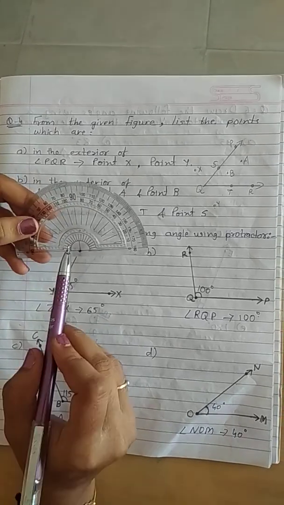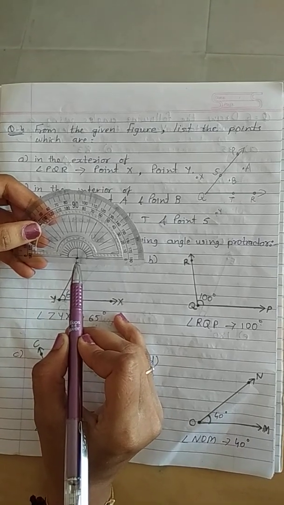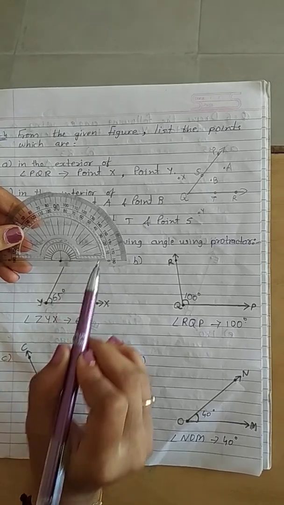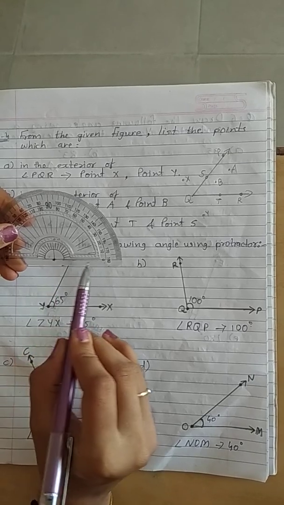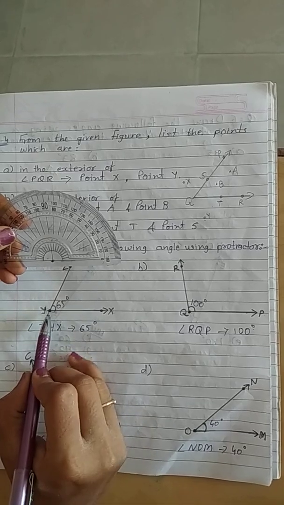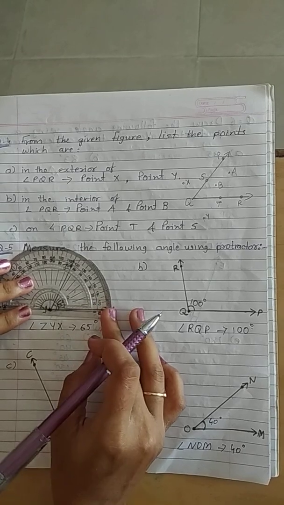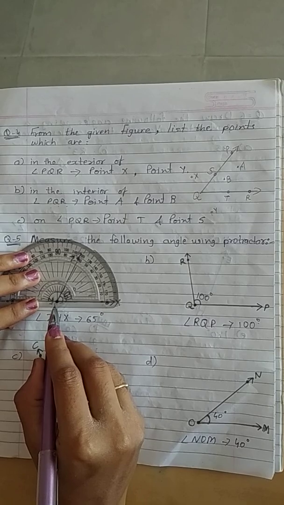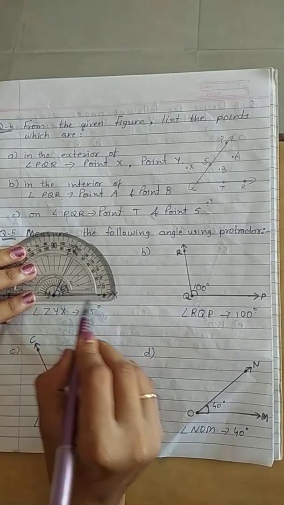So, here you can see one protractor. Now, here middle line and slipping line. Over there, I made one point, right? So, this point you will keep exact on vertex Y, okay? Then after this line, that means 0 degree line, you will keep exact on ray YX. Okay. So first of all, let's set here point, this point on vertex Y, and 0 degree line you will keep right like this, right?